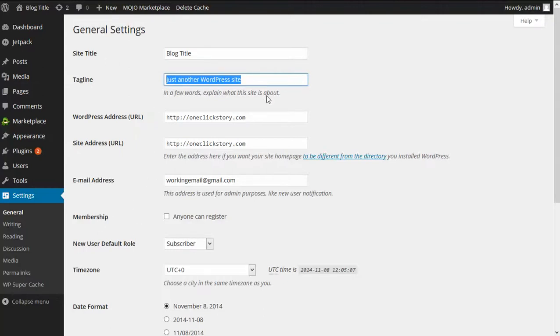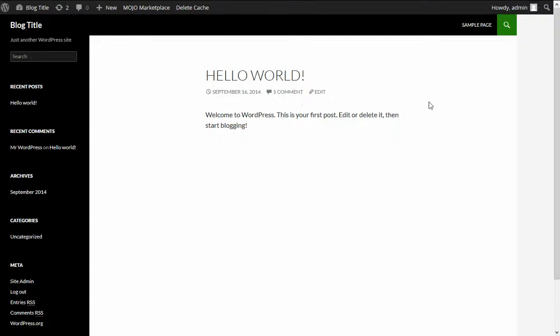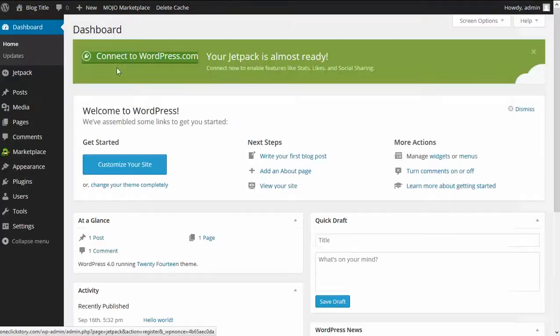Okay, so now let's go to the website. Yeah, your website is ready. It's a default post in WordPress. You can edit or delete it here. For example, go to dashboard, then post, all posts.